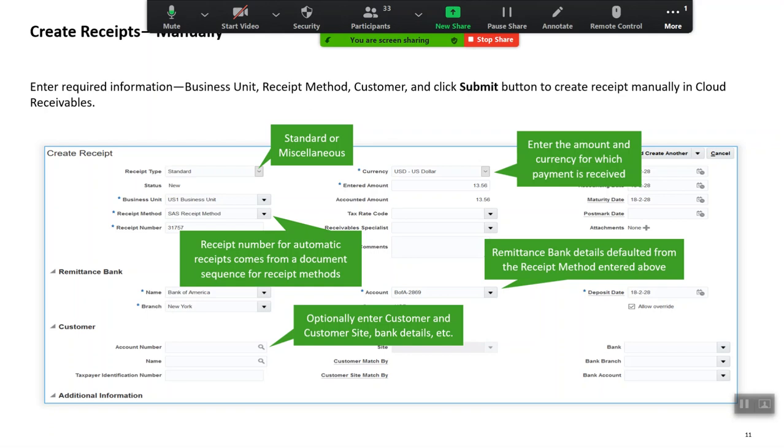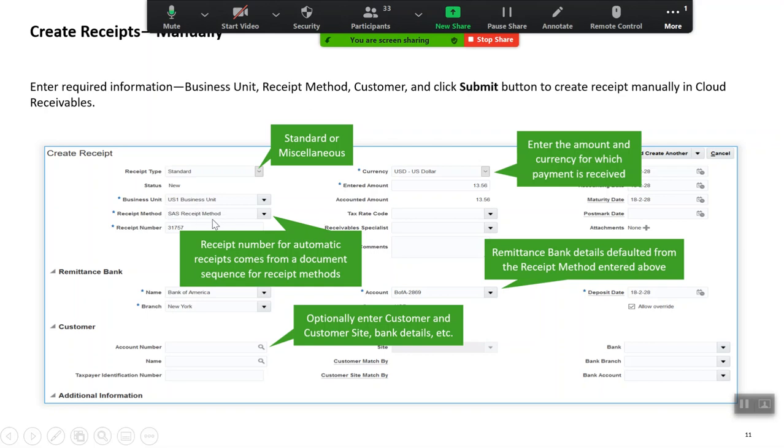So in your enterprise structure discussion, you would have seen that we've got ledger, we've got legal entity, and then we've got business units associated against every ledger. And business unit is a unit in which all transactions happen at sub ledger level. So all your GL transactions are happening at ledger level. However, all your sub ledger transactions or your operating unit is nothing else but your business unit. So we've selected one business unit.